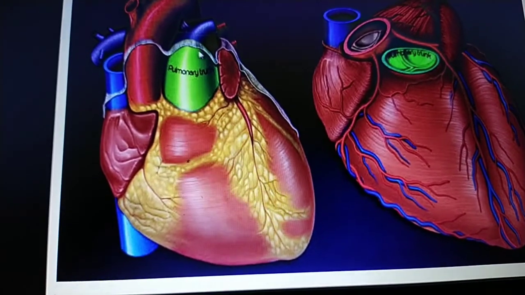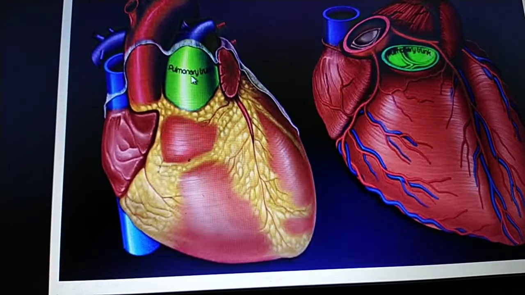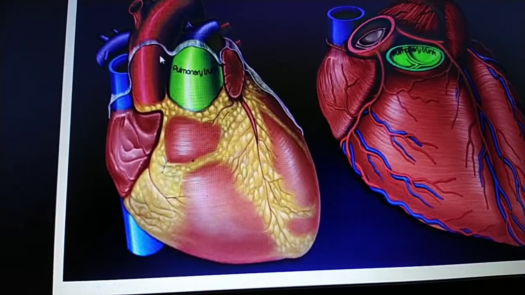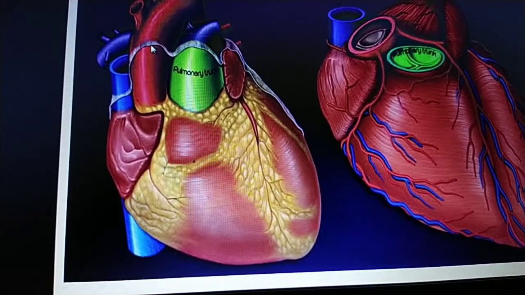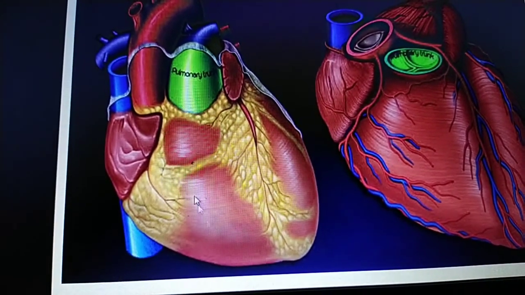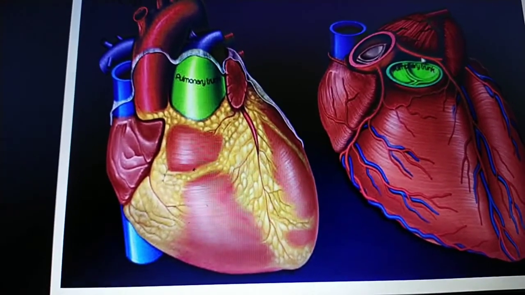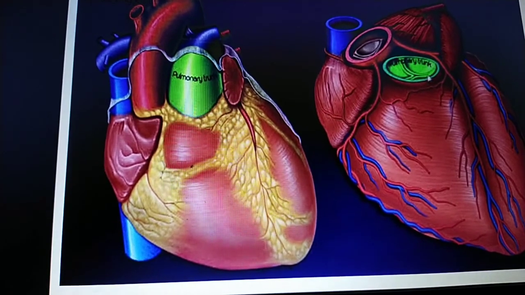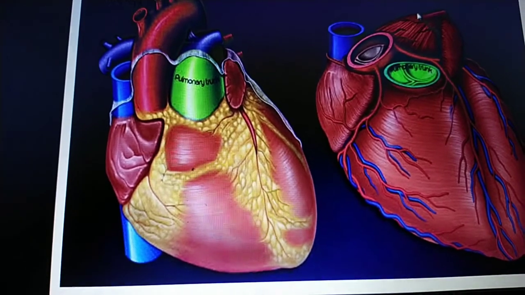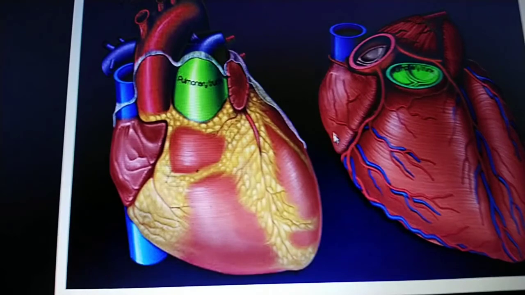This pulmonary trunk is completely covered by the parietal pericardium, and you can also see this during the anatomy of the ascending aorta. This is the aorta, this is the ascending aorta, and it is also covered by the pericardium. The pulmonary trunk lies within the pericardium, and this is the wall of the pulmonary trunk or pulmonary artery. It separates the pulmonary trunk from the right ventricle. This is the right ventricle and this is the right atrium.